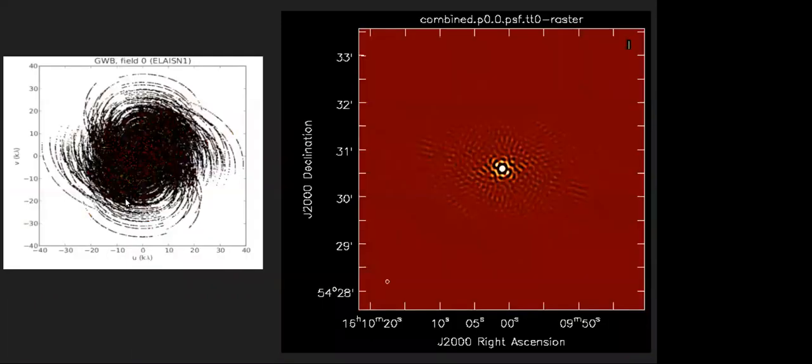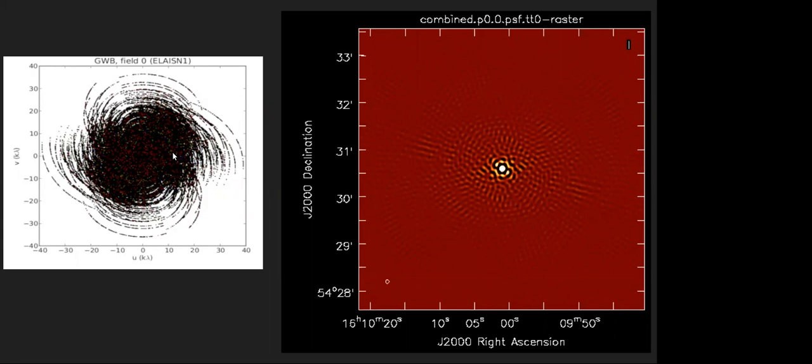However, I show you this left panel image. That is the wideband image which I made in my PhD. That is the sampling function of the LS North 1 field using the wideband observation of GMRT from 300 to 500 megahertz. So this is far better. This UV sampling is far better than the previous one. And if you just do a Fourier transform, that is what the PSF looks like given this UV sampling.